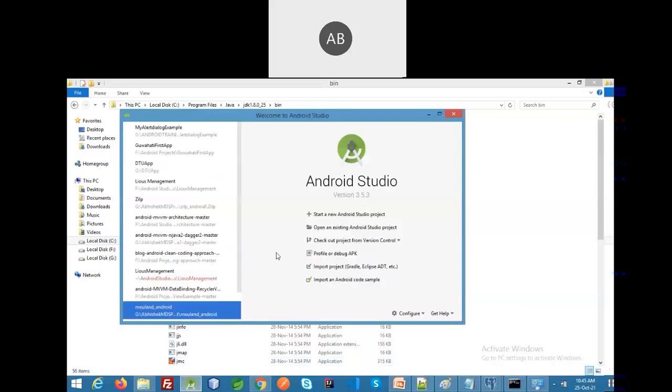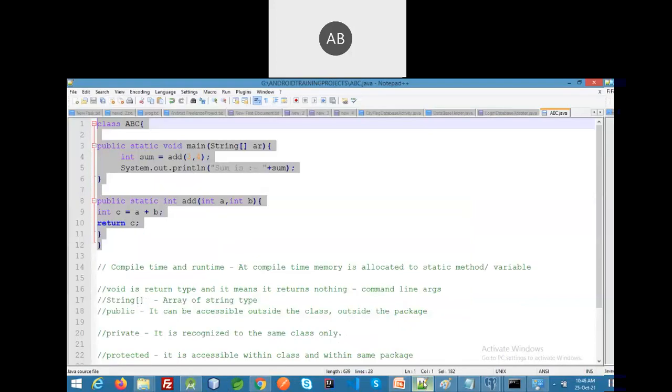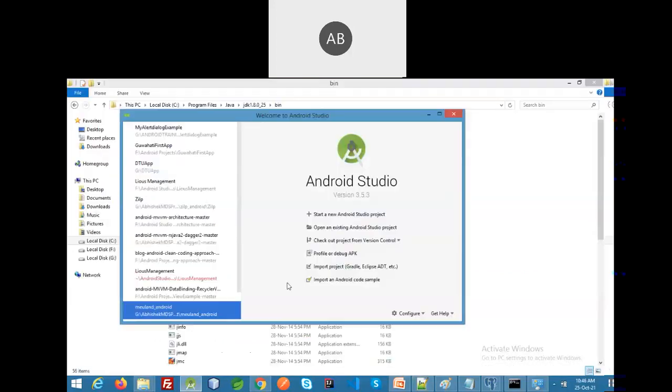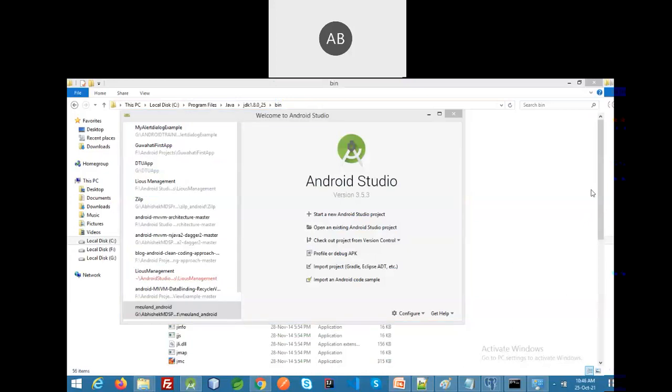So, how to write a Java program? I told you, this same program you can do by creating the objects that we will see through Android Studio. Any doubt? Which DB are we going to use for Android? We will use MySQL,